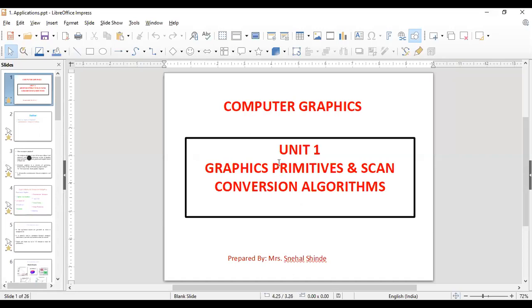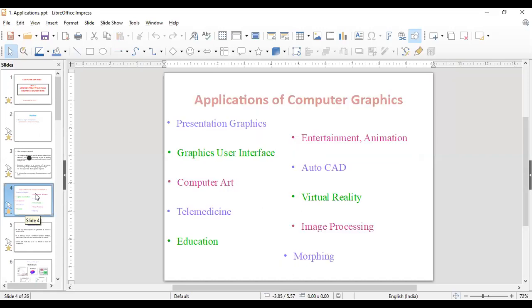Yes. So mostly the question asked is, what is computer graphics and what are the applications? It is not expected that you write only this much, that these are the applications. If you list out those 9 or 10 applications only, you will not get full marks. No, each and every application you have to explain in at least 1 or 2 lines. Okay.